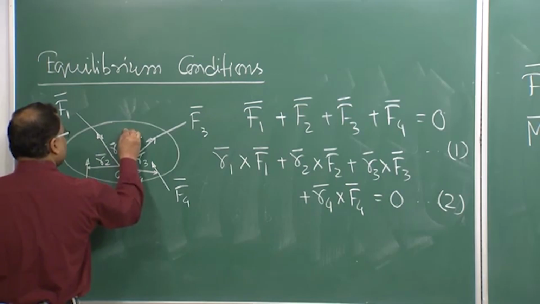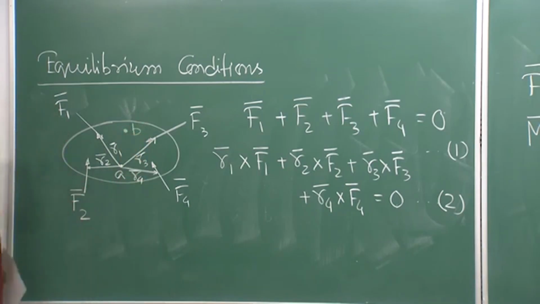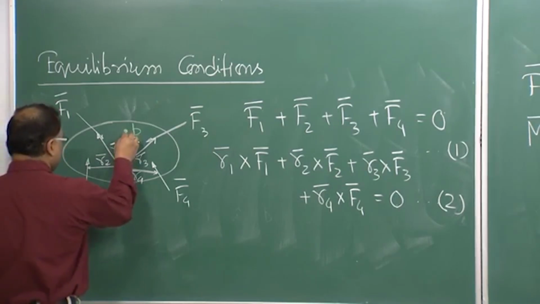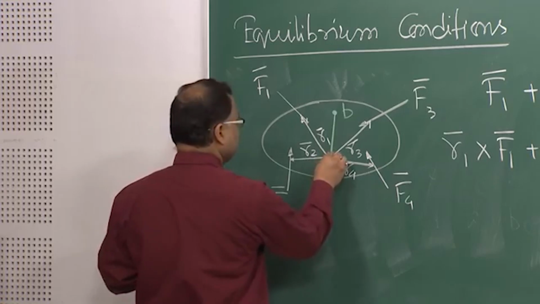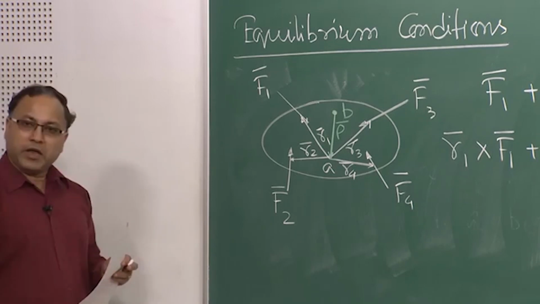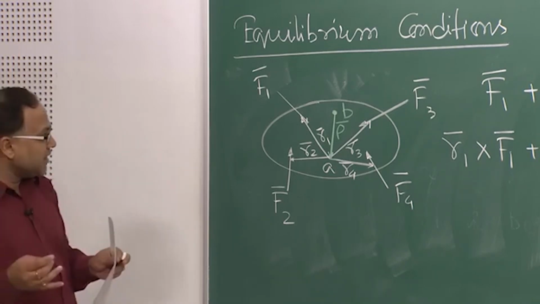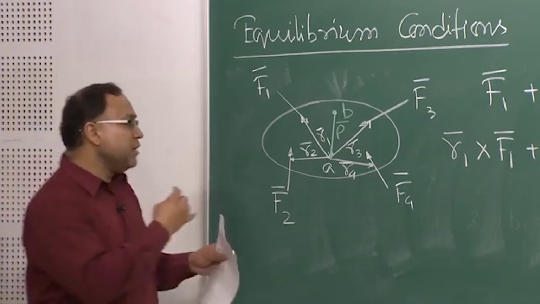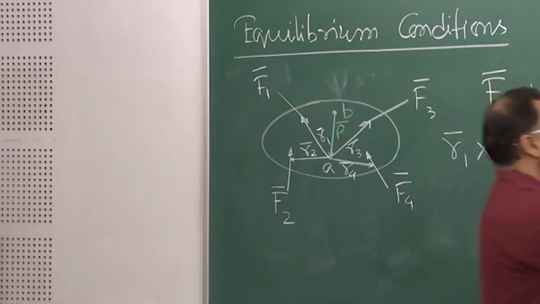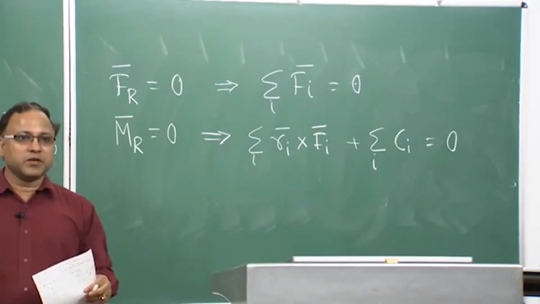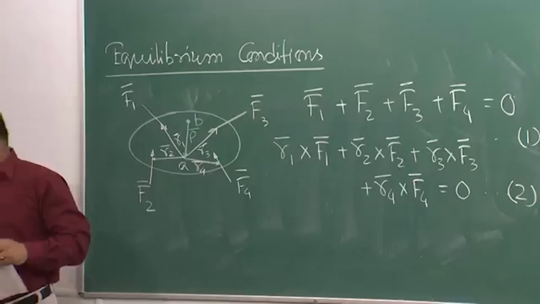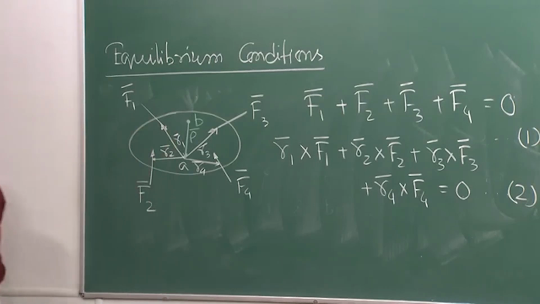Here, this point is say B, and the displacement vector between B and A is say rho. So I am considering another point B, and let's see whether my equilibrium condition will be different or not. These are my two basic equations for the equilibrium condition, right? In that way we can say that. So if I consider another point, say B,